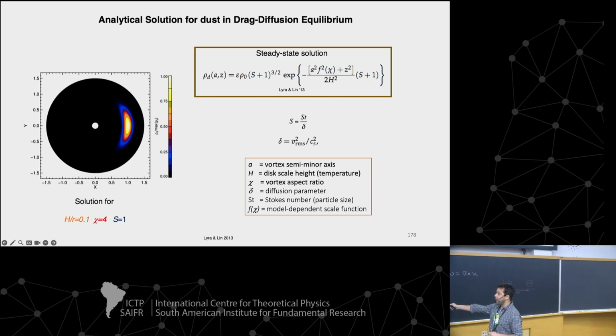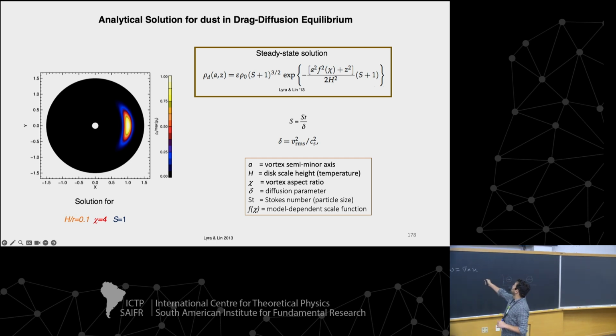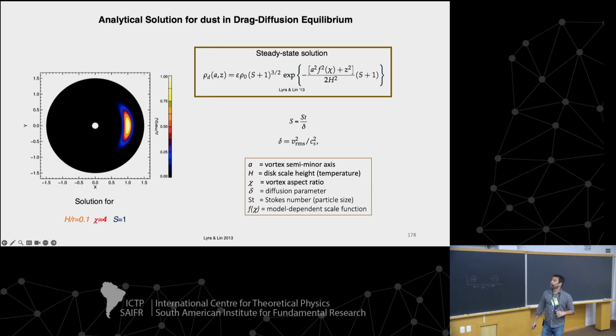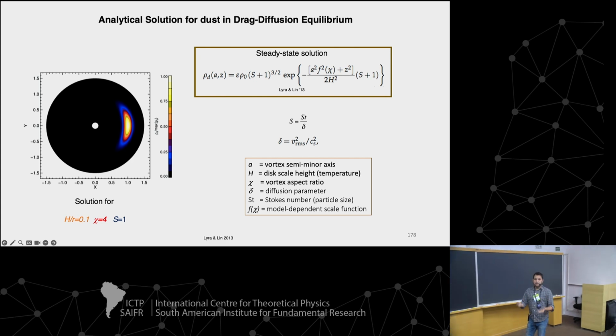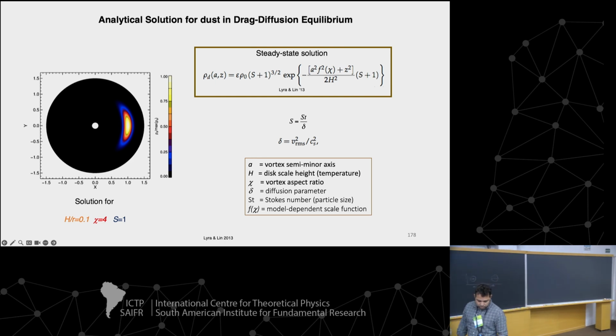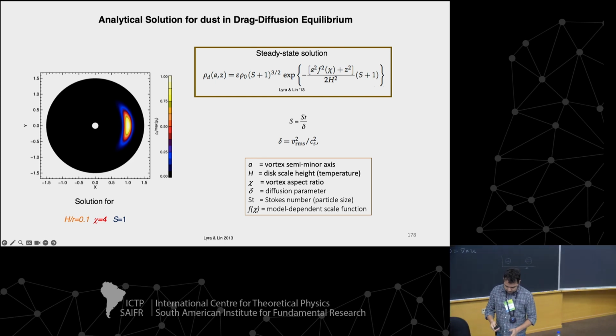Remember that quantity, the scale height. Chi here is the aspect ratio of the vortex itself, in this case 4:1, so 4 times more elongated in azimuth than in radius. And this quantity S here, that appears a lot when you have drag and diffusion, is measuring the Stokes number over the RMS of the disk, right? Both are non-dimensional quantities. This is measuring the size of the dust grain, and this is measuring how strong the diffusion is. So we have this solution here in terms of two Gaussians